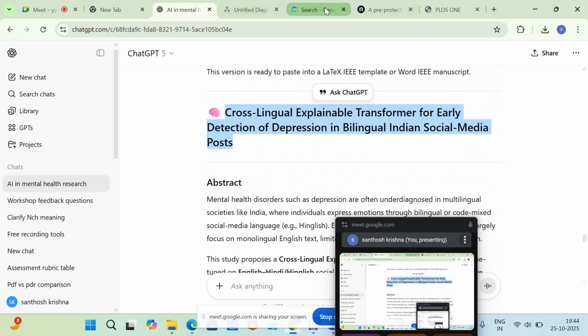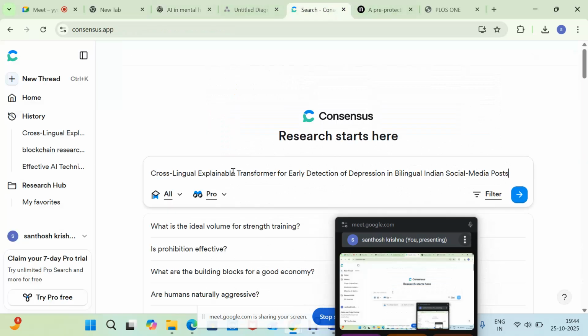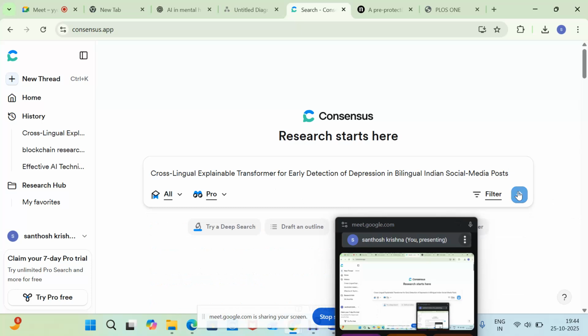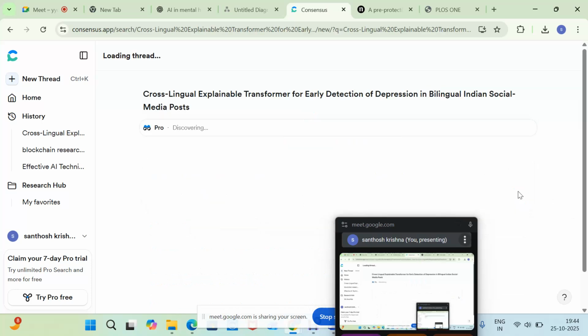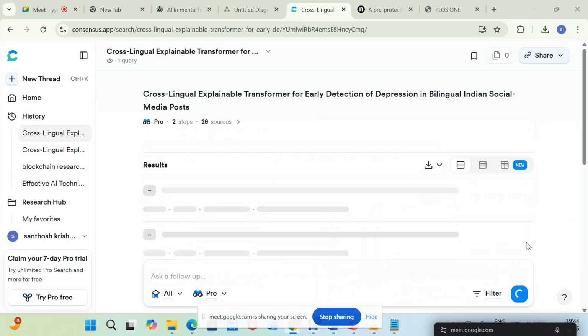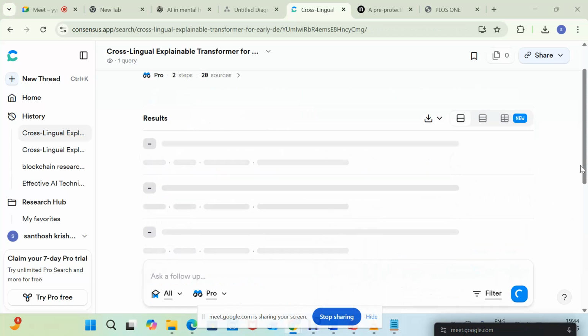I'm going to Consensus and pasting it here. When I pasted the same topic into Semantic Scholar, it did not give me anything. It showed no results. The same topic I'm copying and putting into Consensus and pressing enter. Okay, it is just discovering and finding out if anything is related to this, with proof.